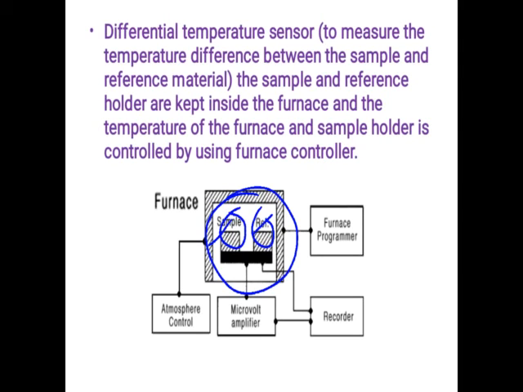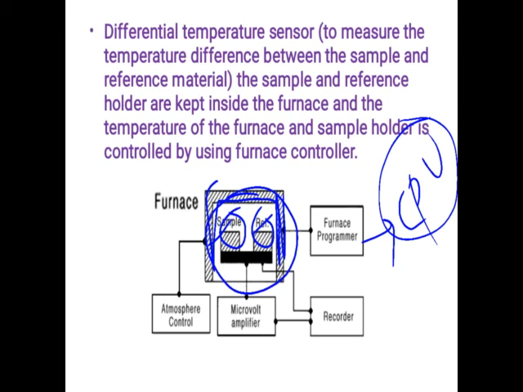Okay, so a furnace programmer is there. With this furnace programmer we can provide controlled heat. Generally it is through a computer or CPU. We have to give the order to the CPU to maintain the temperature, and the same amount of temperature through this computerized technique is provided through the furnace programmer to the furnace.